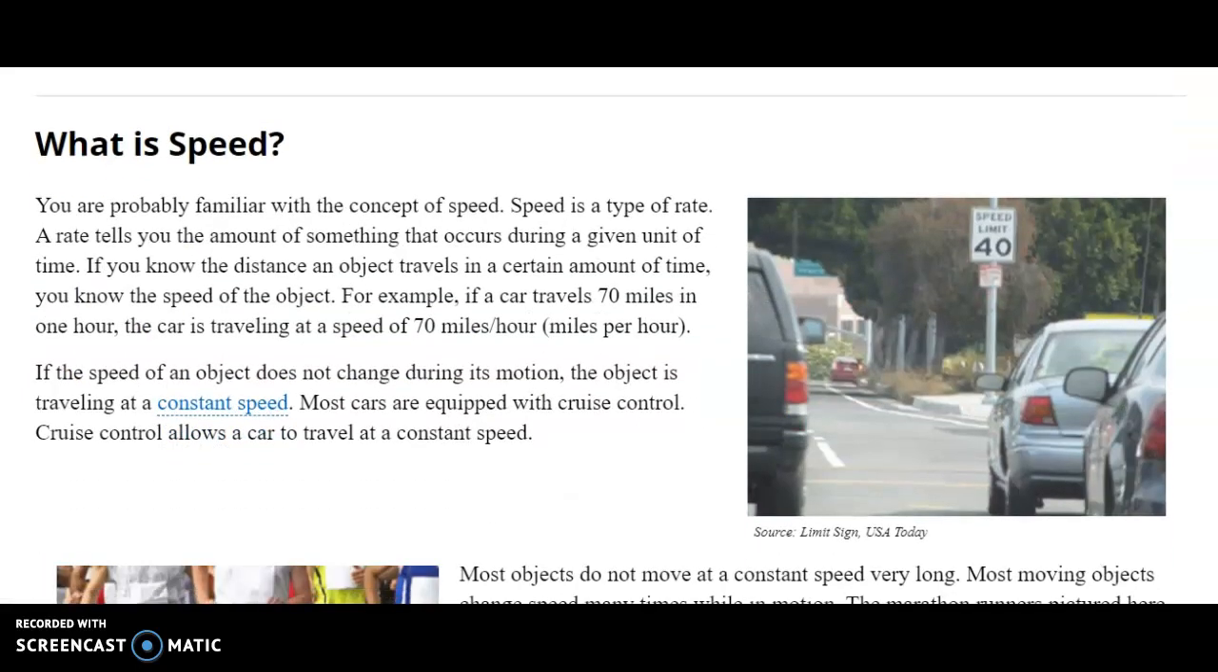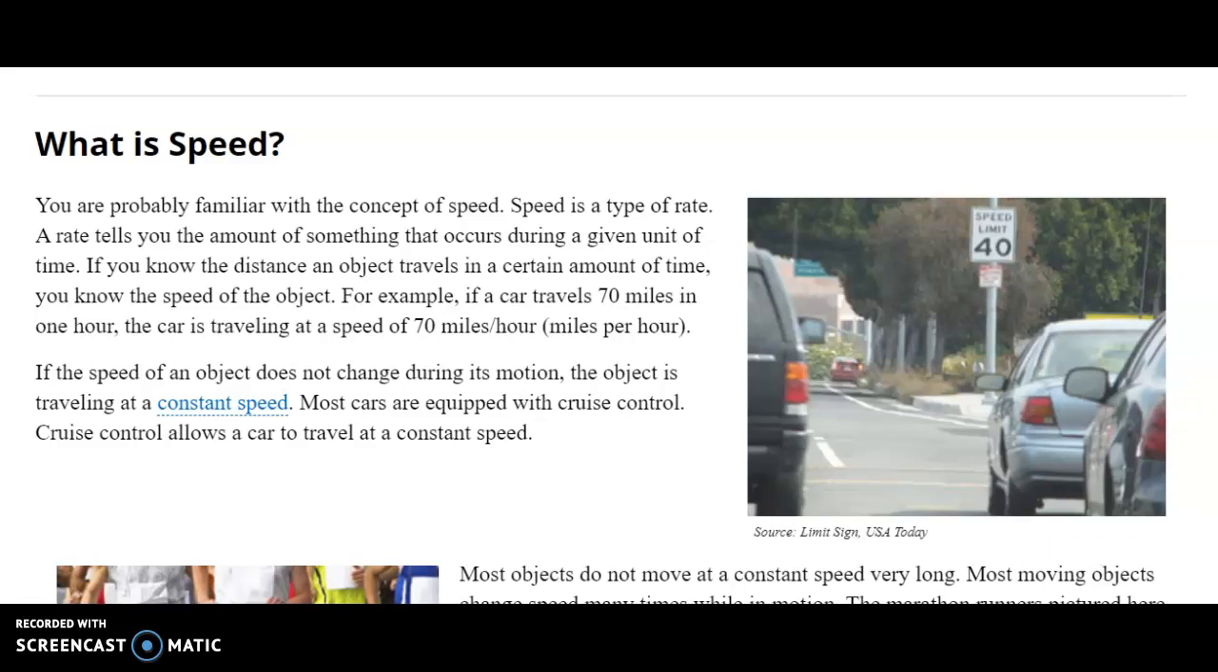What is speed? You are probably familiar with the concept of speed. Speed is a type of rate. A rate tells you the amount of something that occurs during a given unit of time. If you know the distance an object travels in a certain amount of time, you know the speed of the object. For example, if a car travels 70 miles in 1 hour, the car is traveling at a speed of